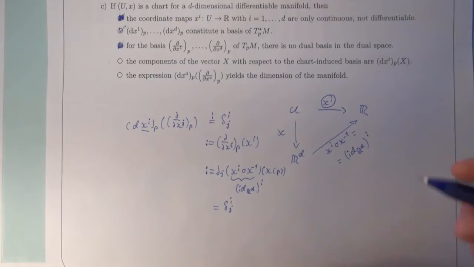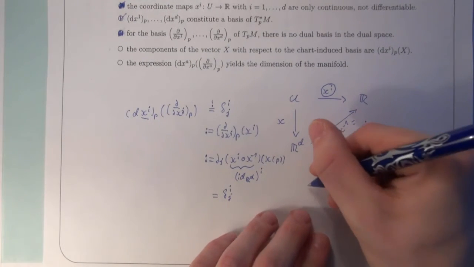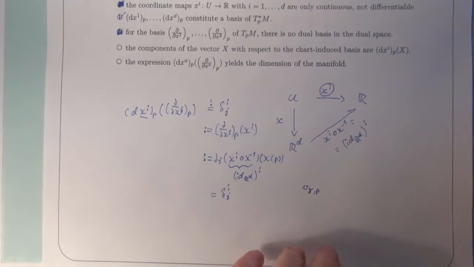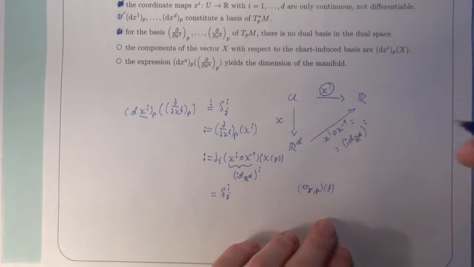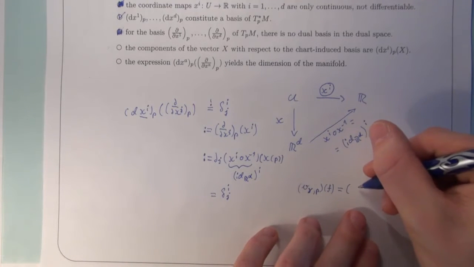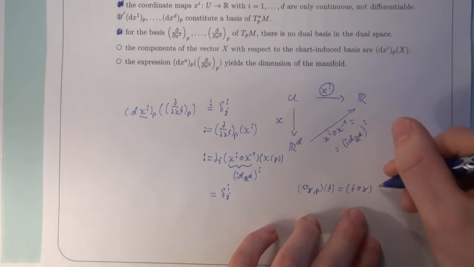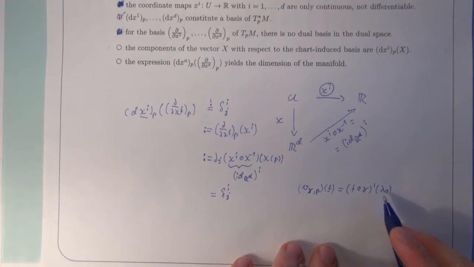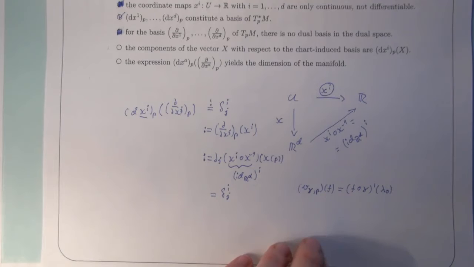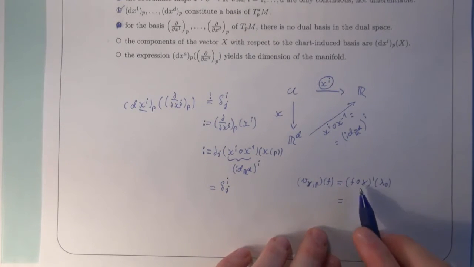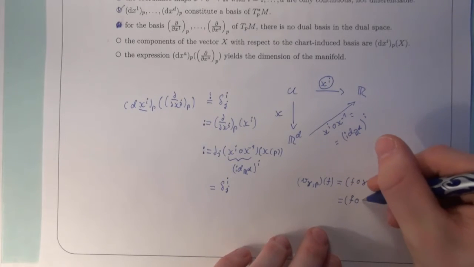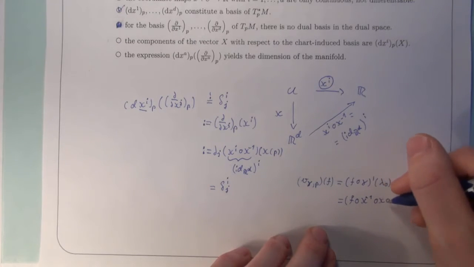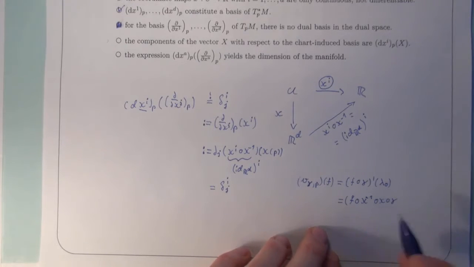Let's again write down what the components of a vector were. A vector arises as a velocity of a curve at a point P and was defined by the action of a function f via taking the function after the curve, thereof the derivative, evaluating at the point lambda naught, where lambda naught again was just the parameter value where the curve takes the value p. So here we now can insert our chart map, the inverse of the chart map here, and here just the chart map, which just collapses to the identity, so we can do this. Take the derivative,